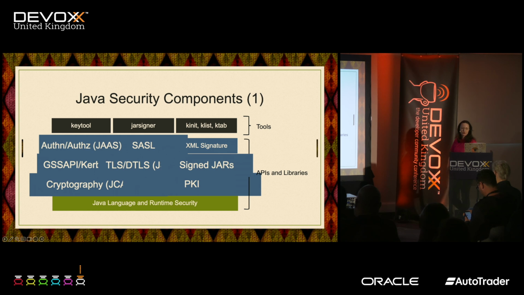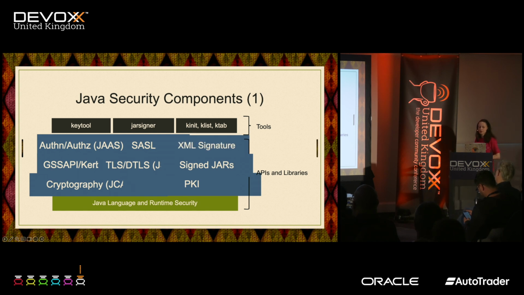And then we also have the Java Generic Security Service and the Simple Authentication and Security Layer. That's what those acronyms mean. And these are a series of frameworks and APIs that are used for authentication and authorization. Now, last but not least, the XML signature component is very important because it contains an API and implementation for generating and validating XML signatures.